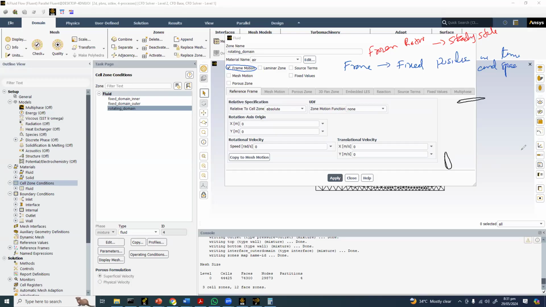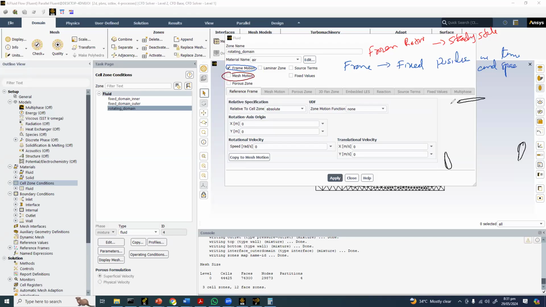Okay, and the other wind turbine blade will have a position like so. They will be fixed there, fixed in time and definitely in space. So whatever flow is being solved, we are getting a torque value for only one single position. They're not changing their position. So this is like a frame motion. But if you go with the second option, that is a mesh motion, so it is like